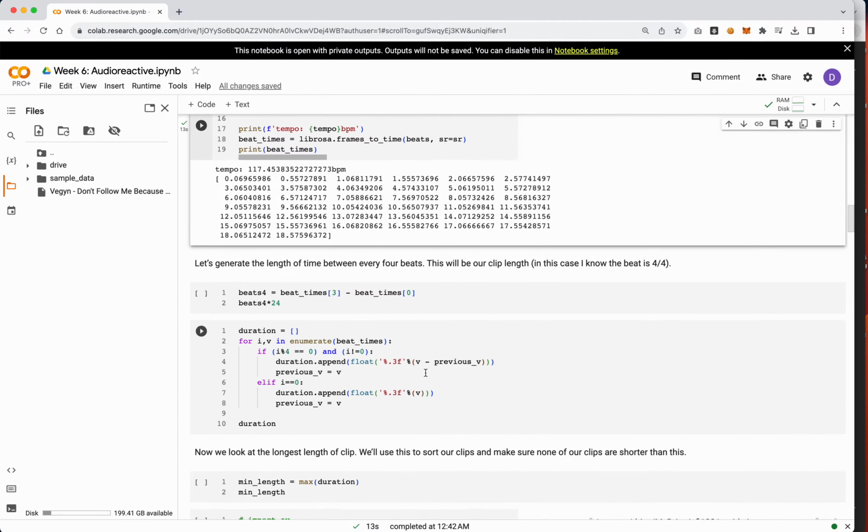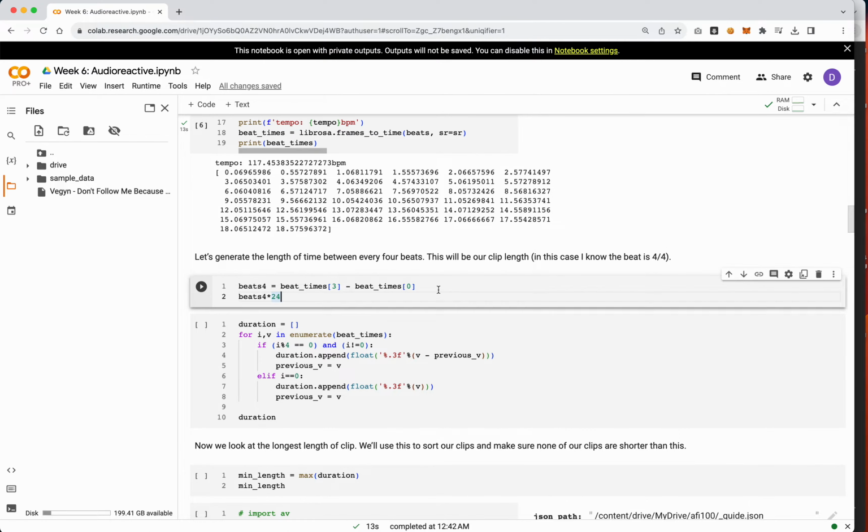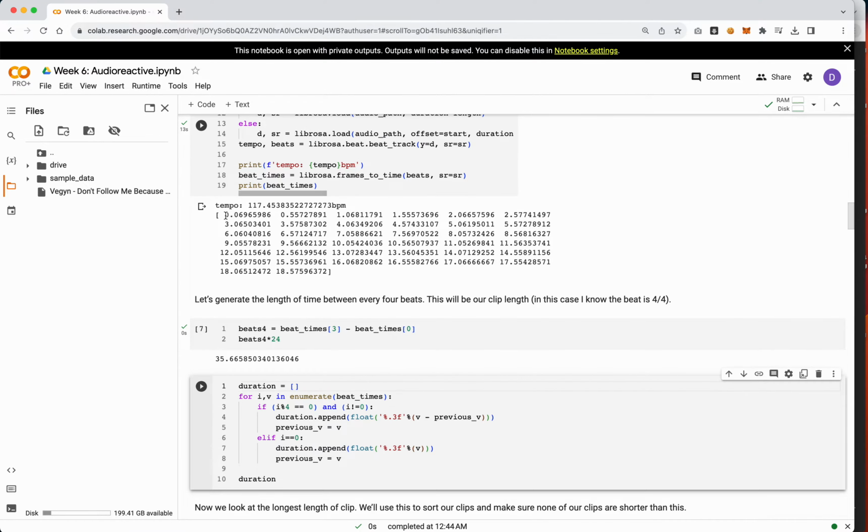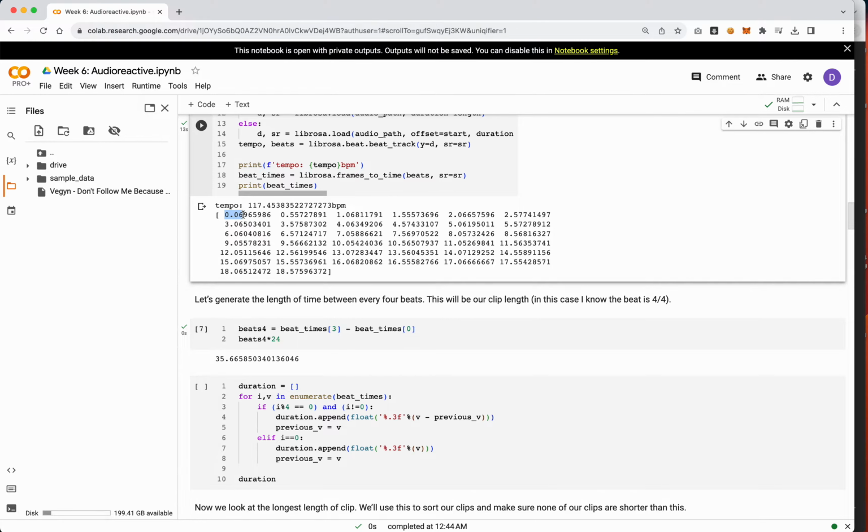So instead, what I think we should do is work off of the bar. So every 4 beats. If your song is in 6/8 or some other weird time signature, you might need to play with it a little bit to figure it out. But in general, you can guess that it starts with 4 and it'll generally work, because that's probably the majority of songs. So if I run this cell,